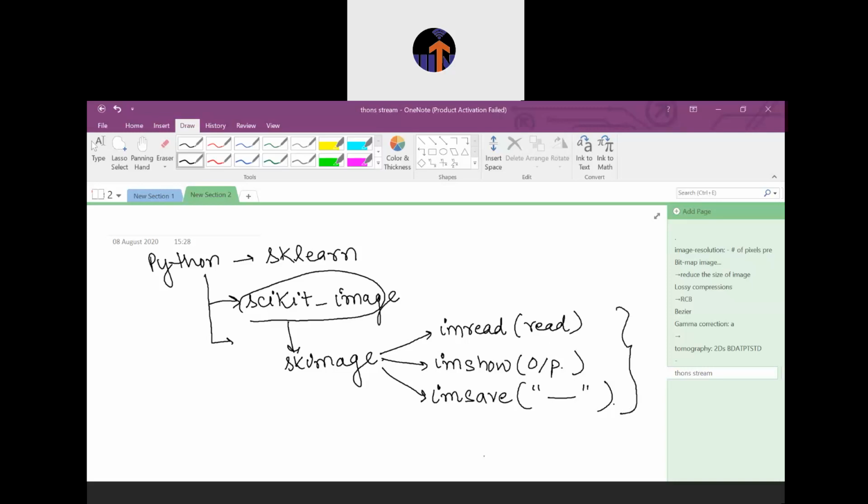So I already installed the Anaconda Navigator inside my laptop, and the Jupyter Notebook lab is already opened here. So you can see I am importing a package that is called skimage. After importing, you have to import the io module. So io is used in order to call the methods inside that package by using the dot operator.